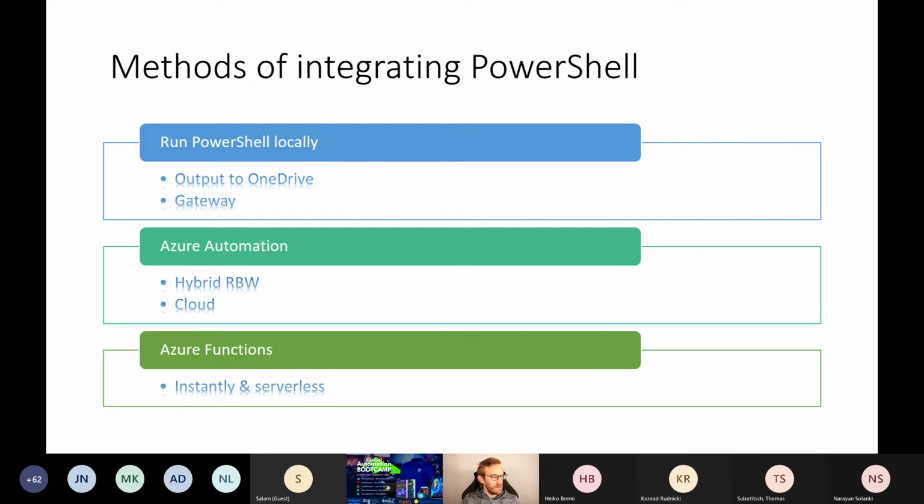Second question, can we use PowerShell to send a CSV to a SharePoint list? Yes, you can do that in a number of ways. If you just want to upload the file, then you can just drag and drop directly into your browser, into the document library.